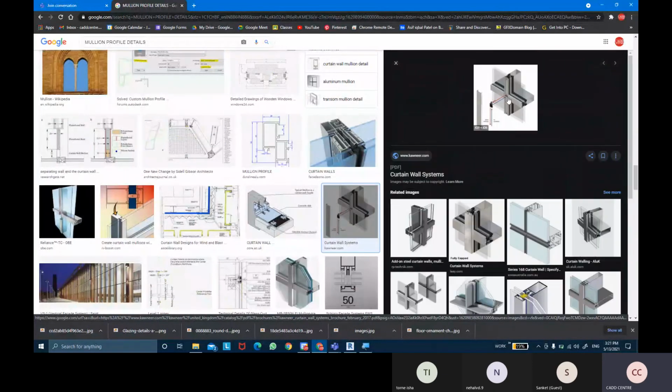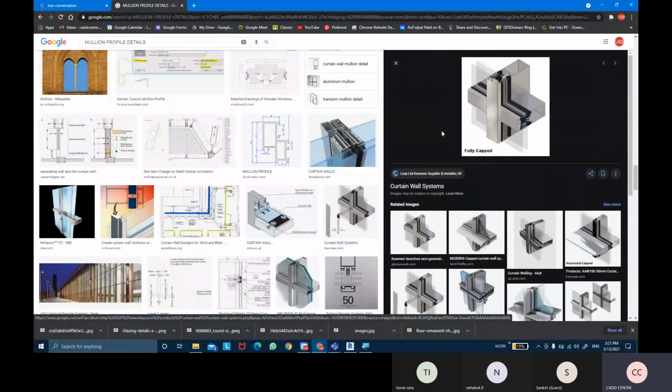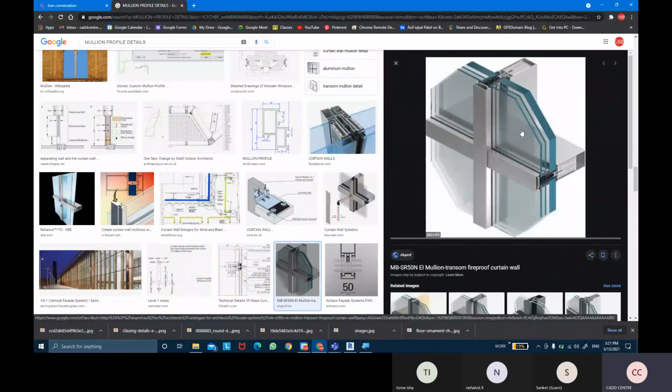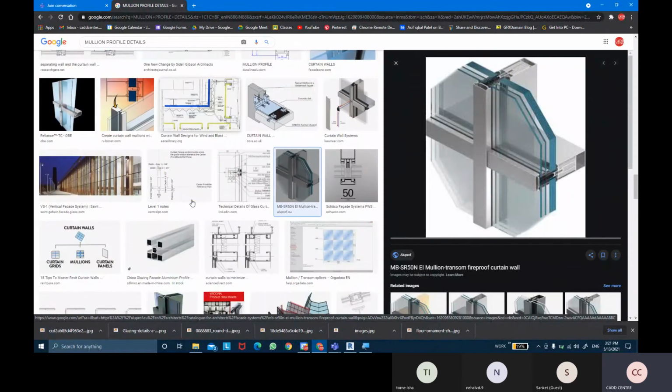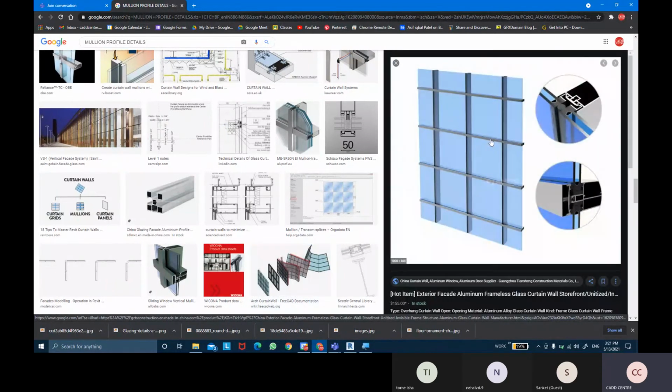We're going to learn about how we add double glazed curtain walls as well. Or if you want to add triple glazing, you can add triple glazed curtain walls. How do we add that? We can learn about these different types, shapes and sizes of curtain wall details.